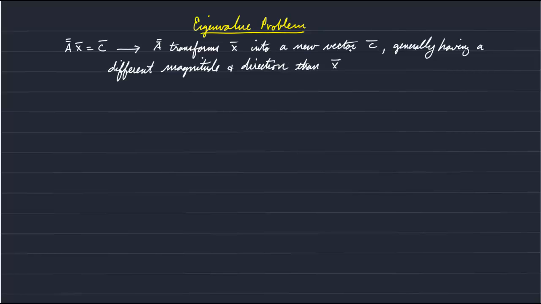So that's a relatively simple interpretation of this. We have a vector x, and when we multiply it by A, that vector is transformed into this new vector c. Now the eigenvalue problem